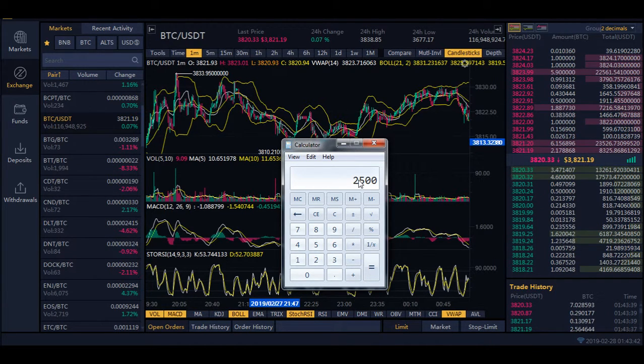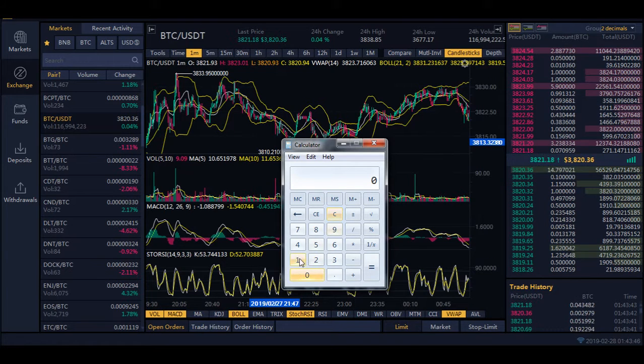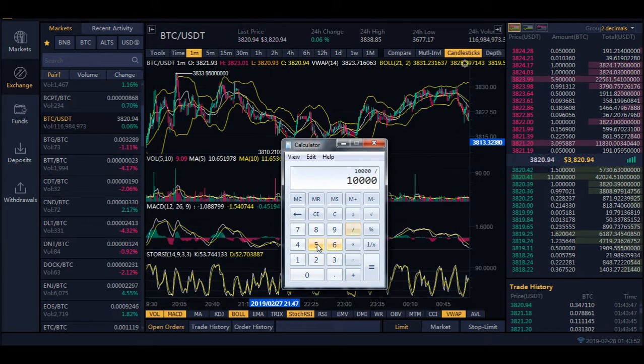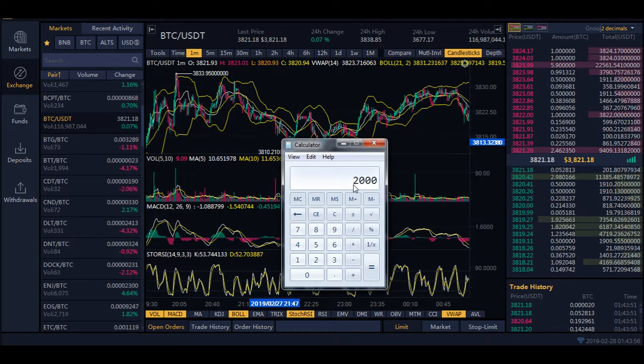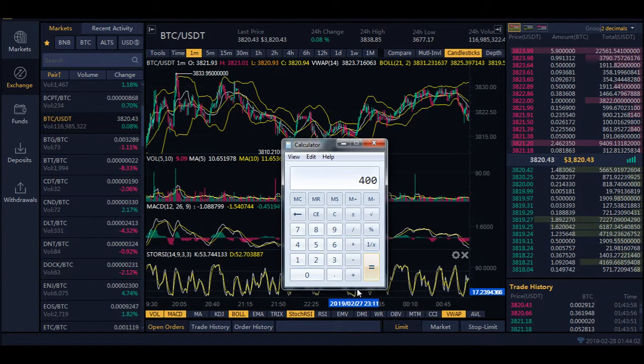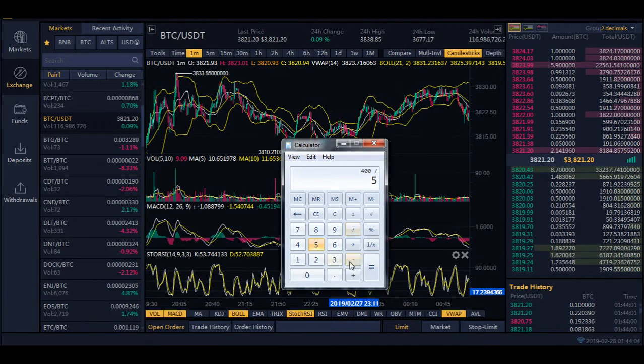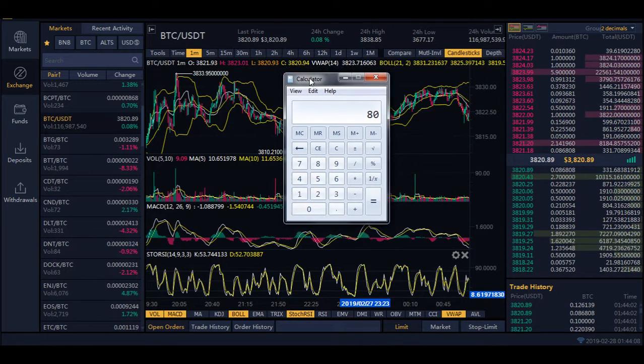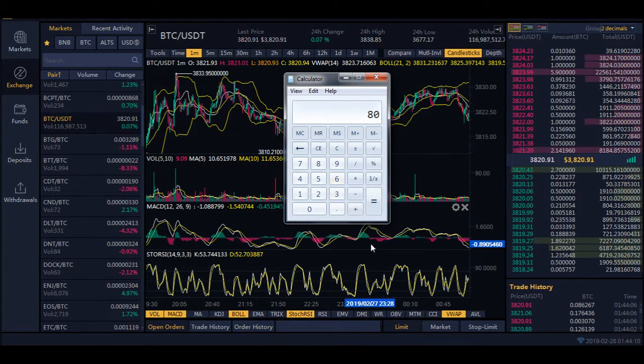So we'll get into the advanced stuff, but I promise this is the theory that you want to follow. So working backwards, let's say that you have a $10,000 investment, 10,000. You would divide that by 5 to look at your first level of fifths. You would divide that by 5 to look at your second level of fifths. And you divide that by 5 to look at your trade size. So we have literally looked at doing things where we started with an $80 trade